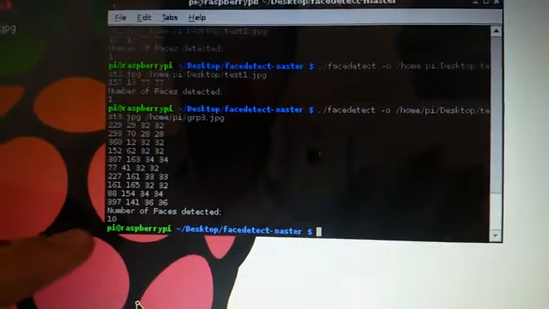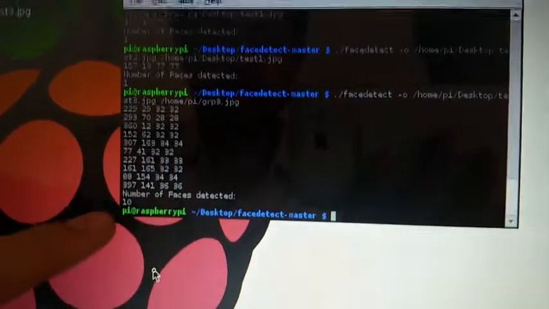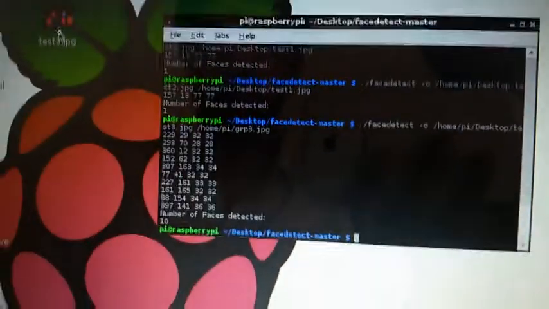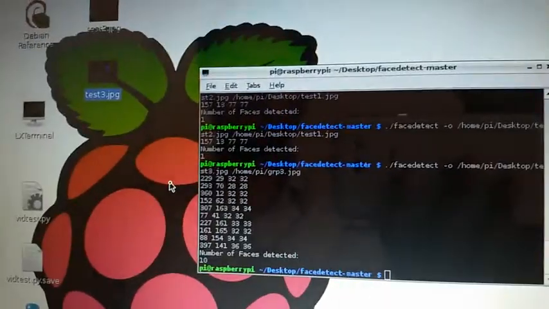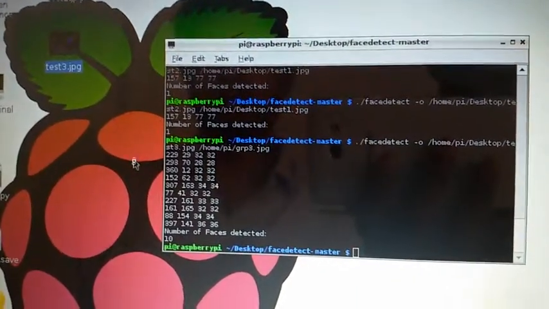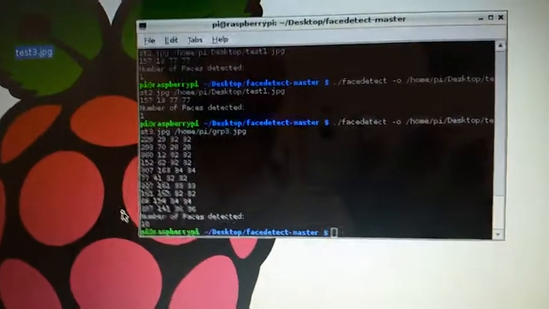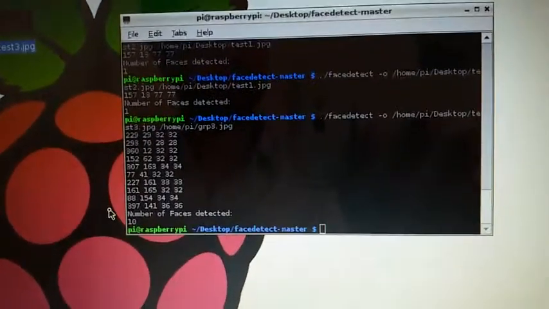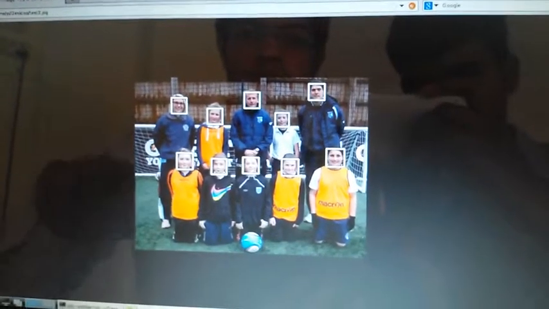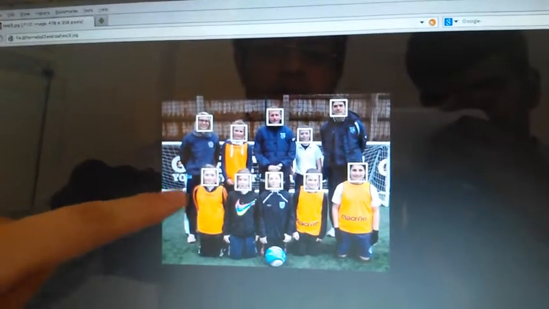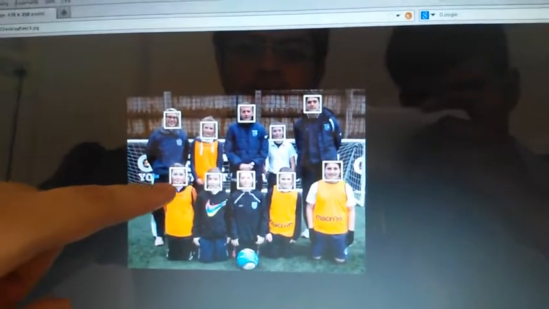Here in the output you see that the number of faces detected is 10, and we have also obtained an output image test3.jpg. We'll open it and check. As we can see, all the 10 faces have been detected, and the coordinates of the 10 faces have been shown.